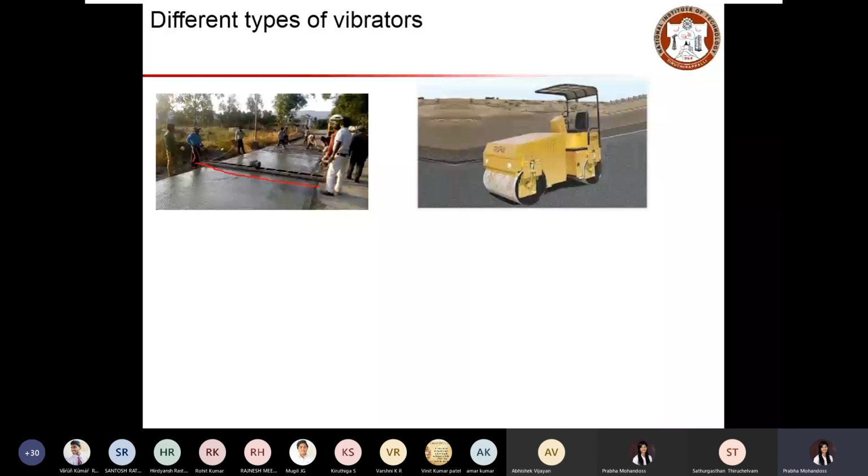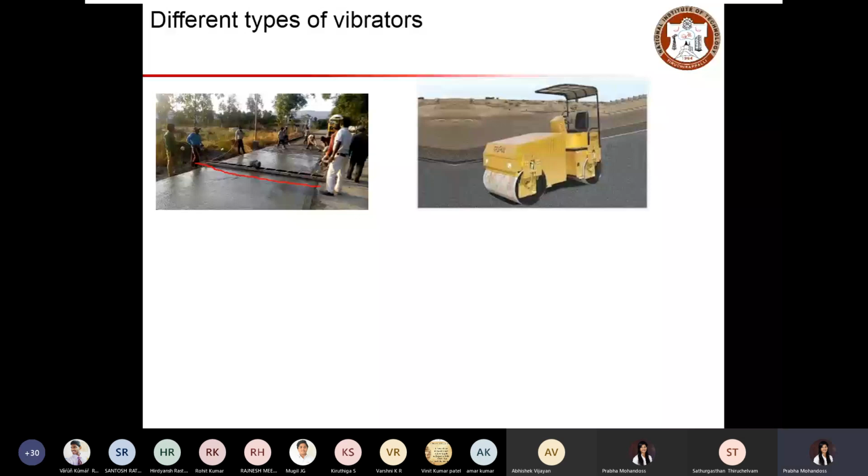It has a good surface finish with good compaction. These are other ways of tamping, most common in road pavement construction. You just place your concrete, and then this roller will help you compact the surface.